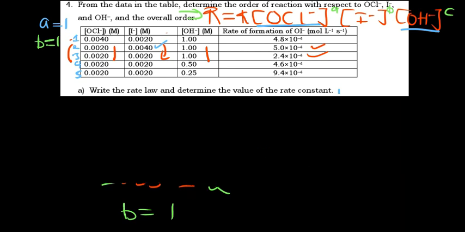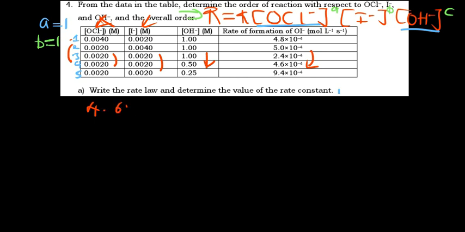Try to identify the others as well, where the other two are going to be constant, and then find the power of the hydroxide. So which experiment do we have this reactant and that reactant the same, and then the other guy is different? Try to pay attention, try to observe. So it's actually 3 and 4. These two are the same. That is unique. Okay, so starting with the fourth experiment, we have 4.6 times 10 to the power negative 4